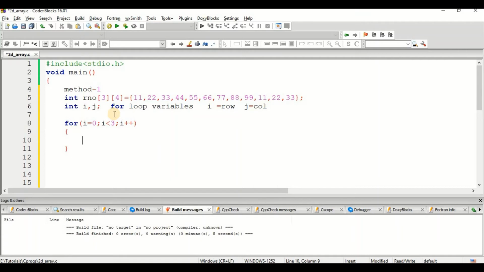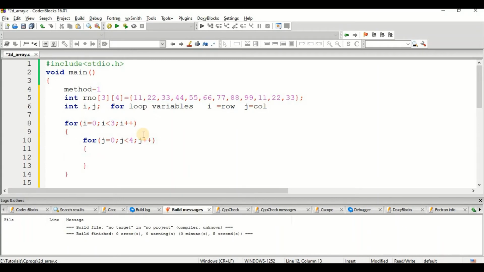When you are working with a 2D array, we always need to work with nested for loops. So in this for loop, I am going to write one more for loop, with j equals 0, j less than, what is the value here, 4. The same 4 we need to mention here, then j plus plus.